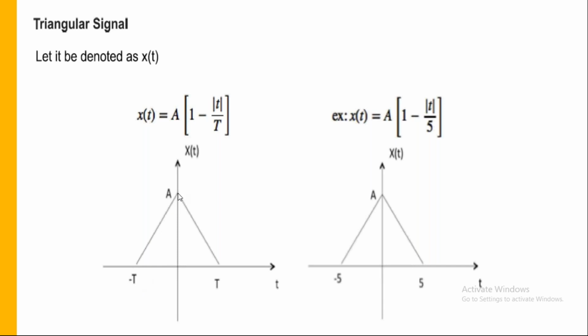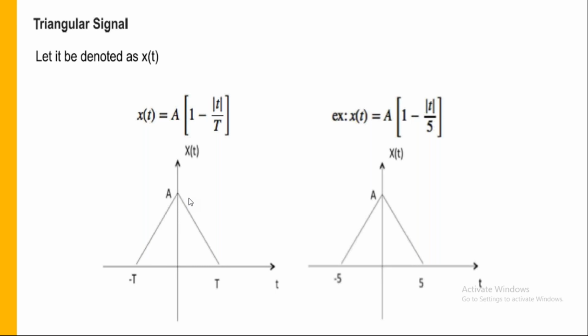Now at this place the coordinate is, since on the y-axis we have the coordinate of y which is a, but the coordinate of x is 0. So I can write the coordinate here at this place is 0 comma a. So I know the coordinates. One is minus T comma 0 and the other coordinate is 0 comma a.